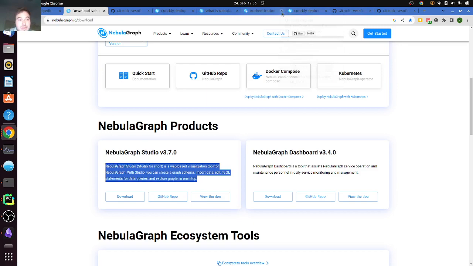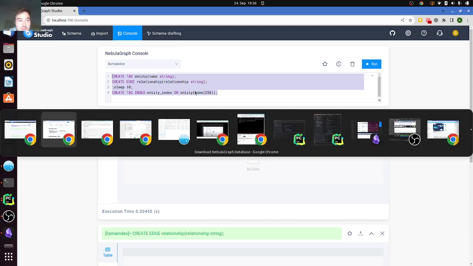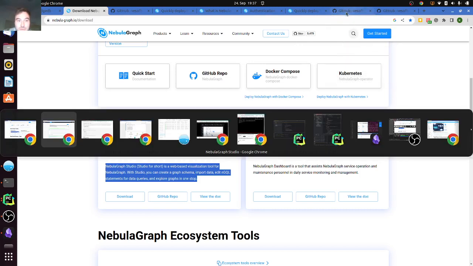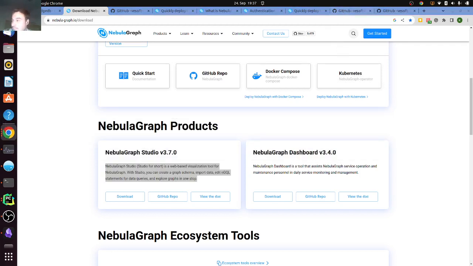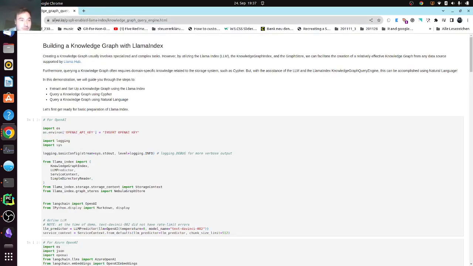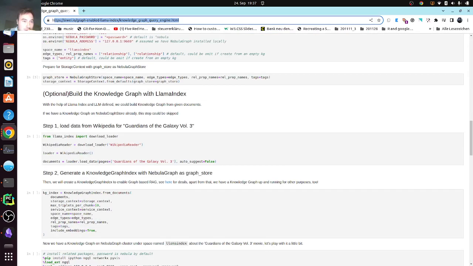The Studio is basically, let me show you, this here. And while we're here, they have a notebook, and I didn't find the notebook. I had to really type it up from the video. Here we have it, give me a second, I just have to drag it. I had to type it up from the video, but I will post it in the link later. So they have this notebook, and they explain here